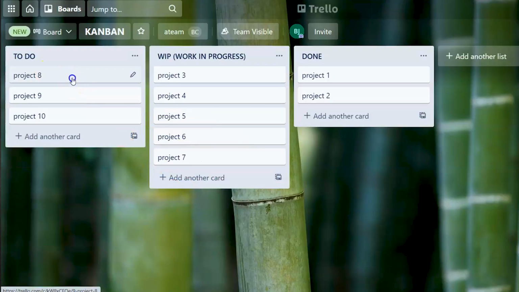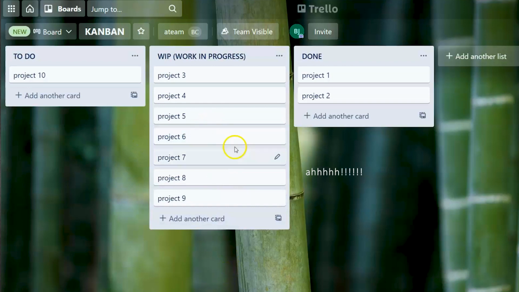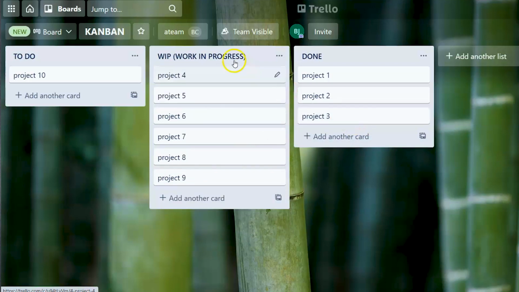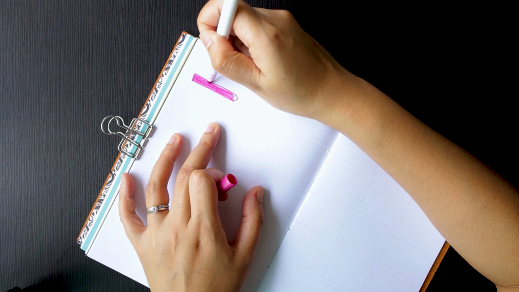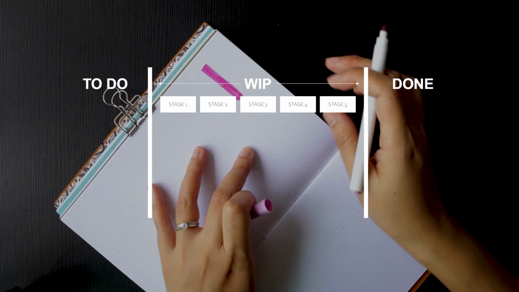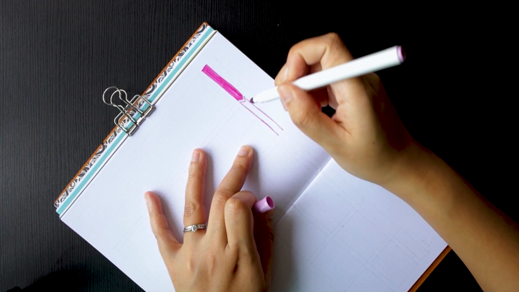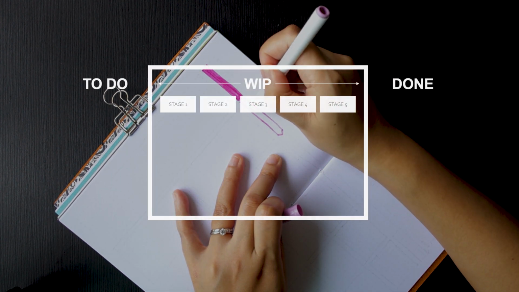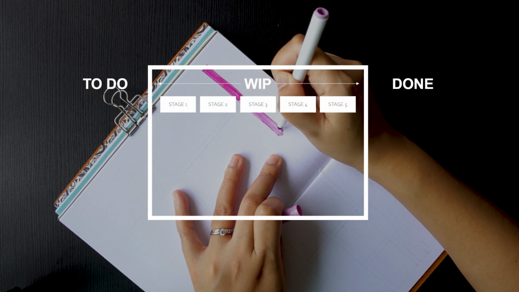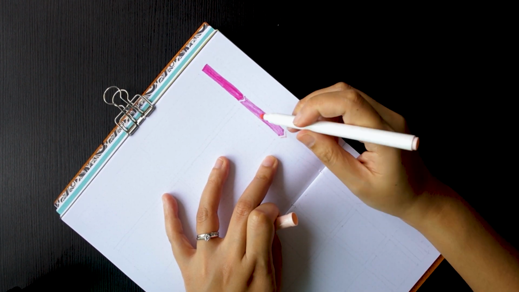And this can be quite frustrating when I've actually done quite a bit of work already and I still cannot move it into that done column. Also, I have no visual way of seeing the percentage progress of each of my tasks. All I could see is whether or not they are done. So, the first thing I did was break down WIP into stages or the broad phases of my process. So, in fact, for this spread, it will only contain work in progress because my to-do and done columns will be housed somewhere else, which I will talk about later.